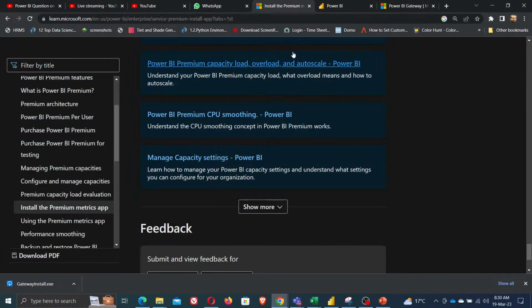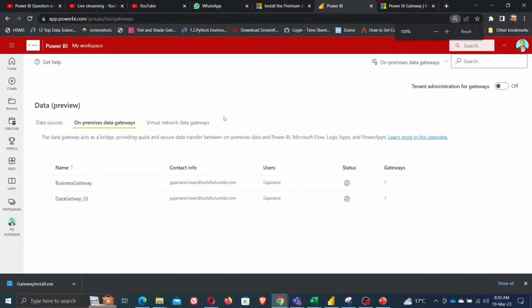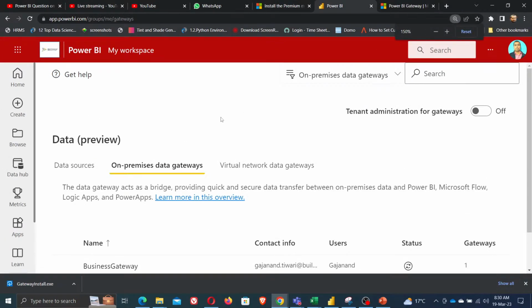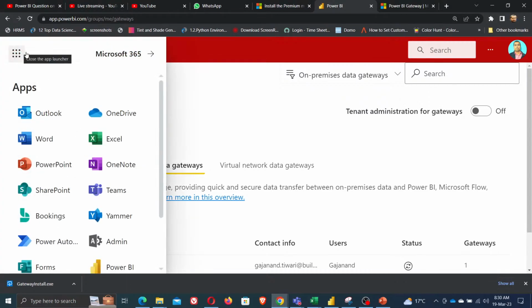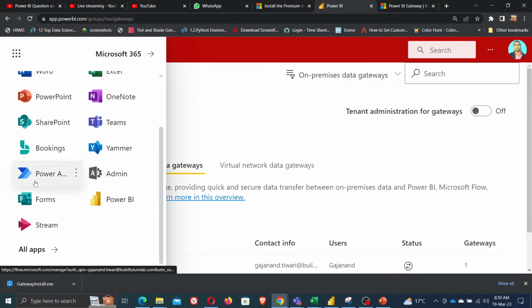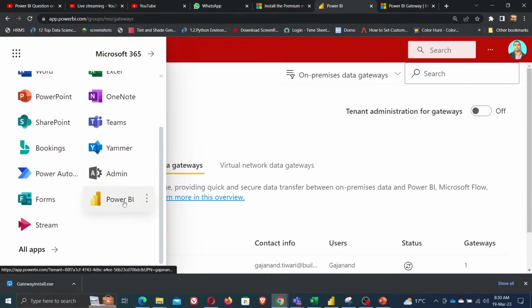Okay. Now move to the services. Once you register yourself, you must enable the third option. You can see this option. Why am I seeing it here? Because I have a premium license. You can see your part only. So Power BI Pro is here. Just click on Power BI,